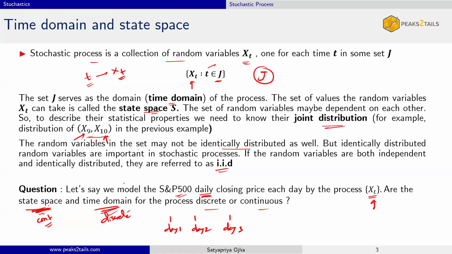But if you model stock price as a discrete variable, it'll be a nightmare. How many levels are there? Tell me. If you model stock price as a discrete random variable, how many levels you will end up modeling? So in discrete random variable, what we do, we have possible values and their corresponding probabilities. That is how we define a discrete random variable. In case of stock price, how many discrete levels would be there, right? There are tons of different ticks. It is not practical to model stock price as a discrete random variable.